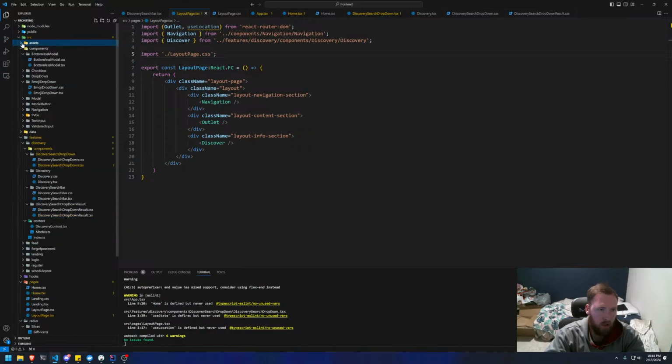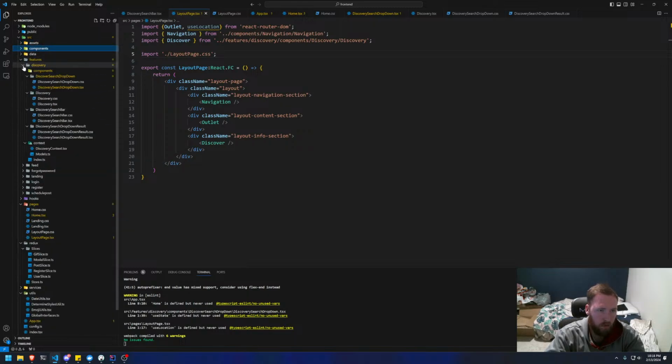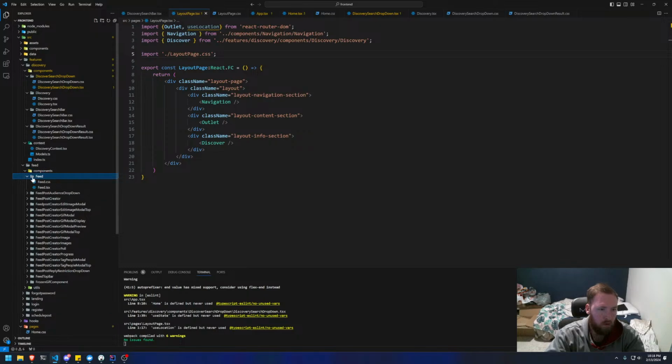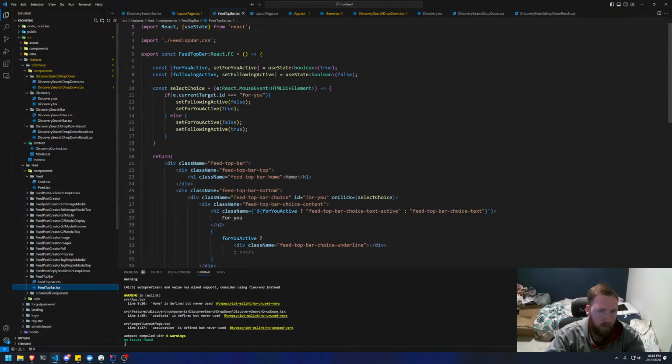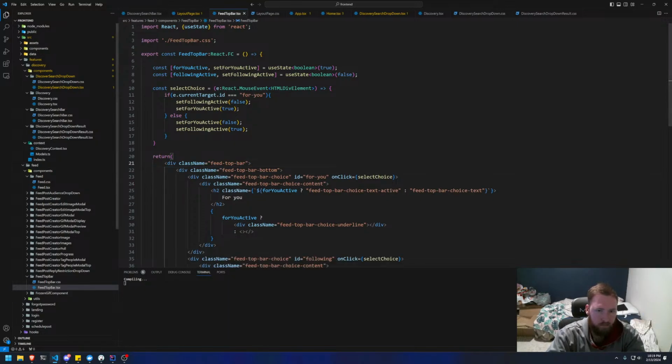And let's close out of a couple things so we don't need the components. So features, and then we want the feed components, and then let's just go to feed, and I'm guessing it's in feed top bar. So let's go into feed top bar, and it probably just says home. So if we get rid of this,